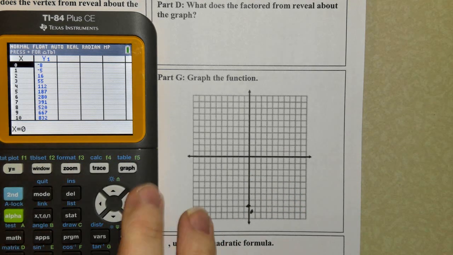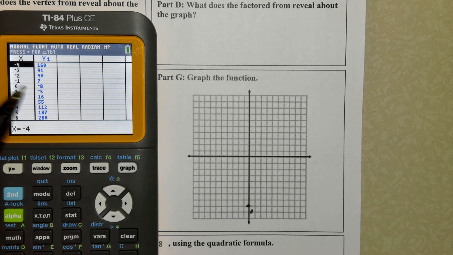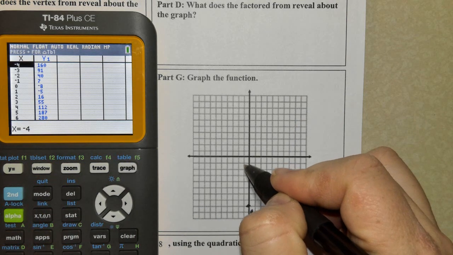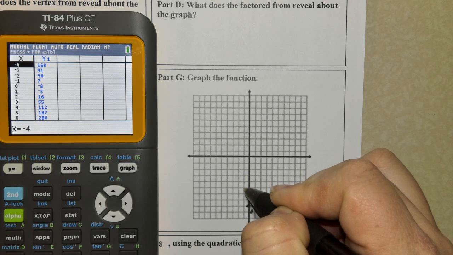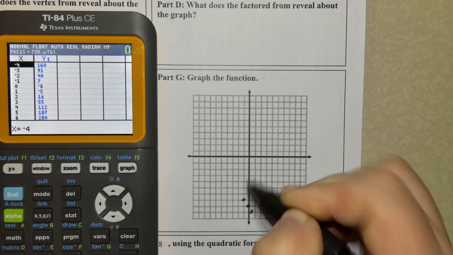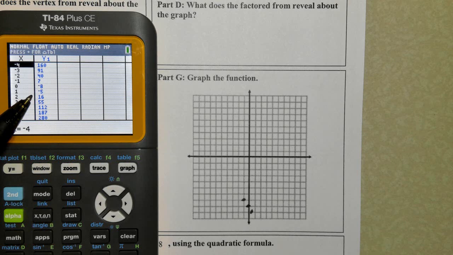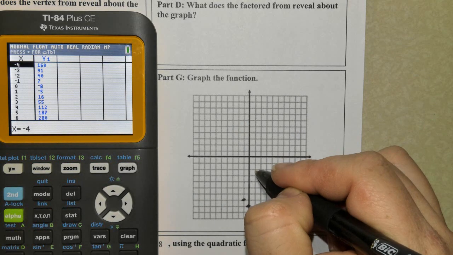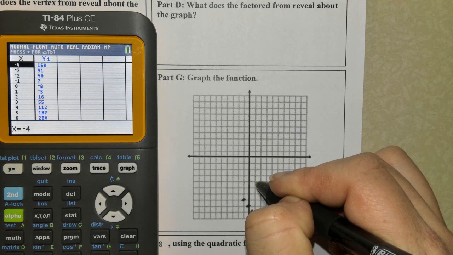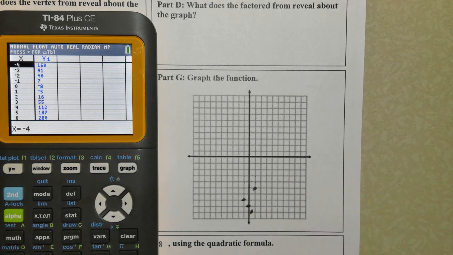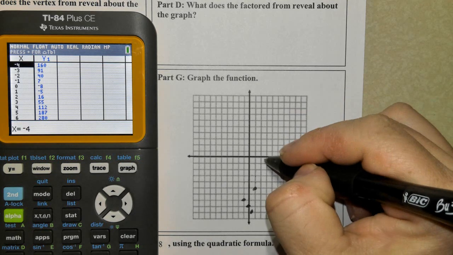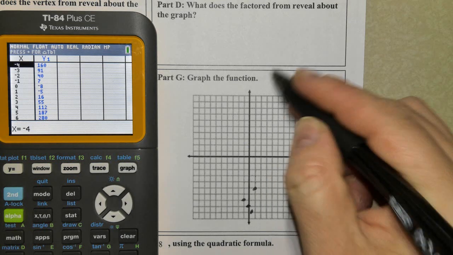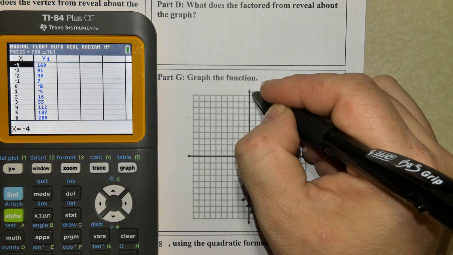0, -8. I can go the opposite direction. I can go -1, 7. I can go 1, -5. And I want at least 5 points. I can do 2, 16 would be off the graph. That may be the only one I have here. Let's see if I can get up to 2, 16. Those may be the only ones I can have, but I know that